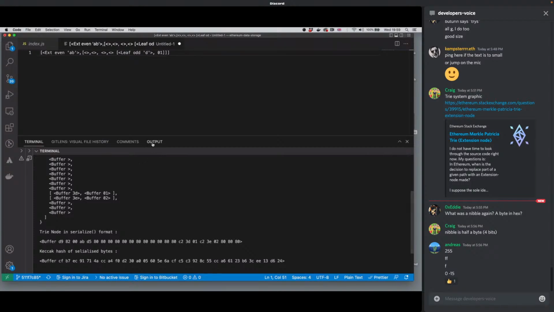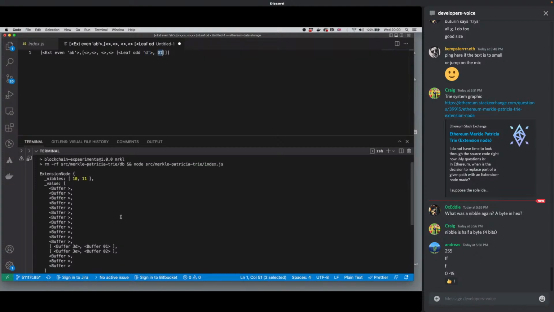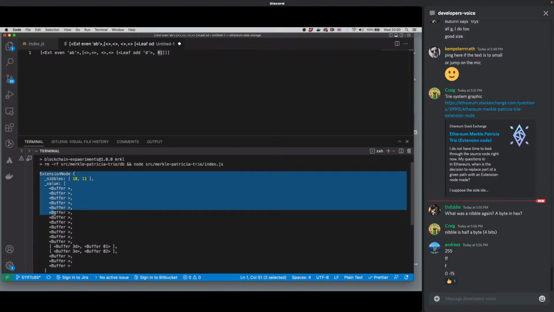I won't go any further, but hopefully, if you can understand this as pseudocode, you can see an extension node. The shortcut is AB. Its value is a branch because it has all these empty values in it. At some point, we have a leaf node. Its shortcut is only the nibble D, and then we see the value. And hopefully you can start to see that